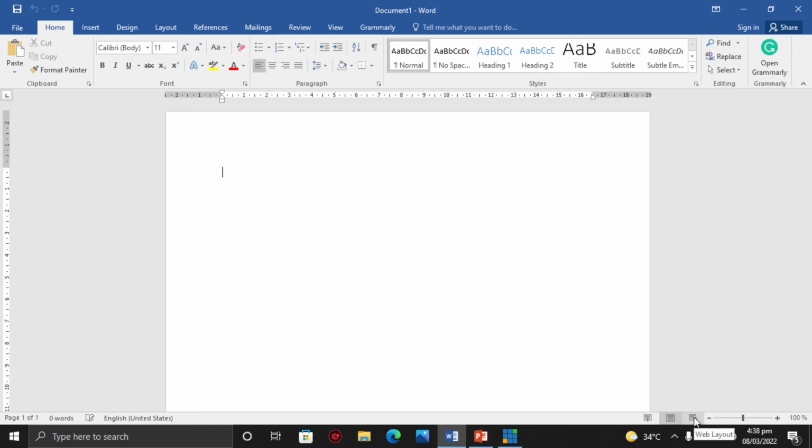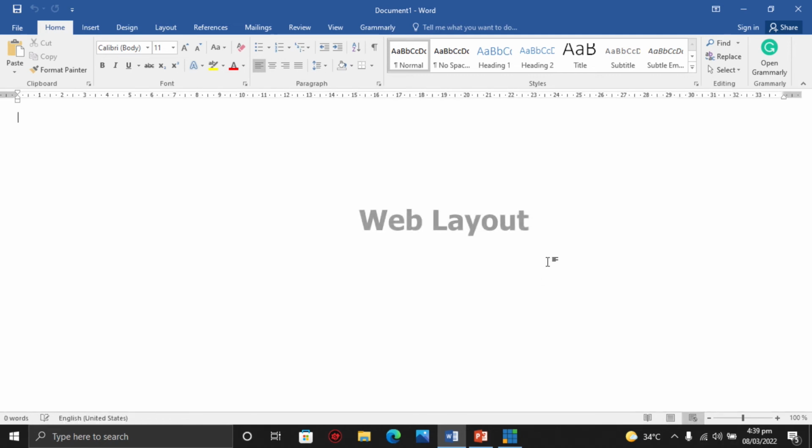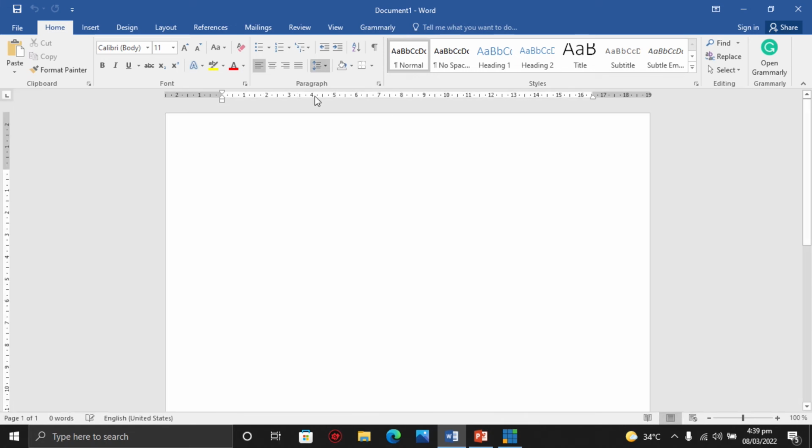Whenever we are typing or creating any document, we always want to be on this print layout view. We also have this view called the web layout view. The web layout is where you can actually type in your blog posts and arrange them. It doesn't have pages. You can see it's just 0 words, so there are no pages here. This is your web view. But whenever you want to create a document, always come to what? To your print layout.